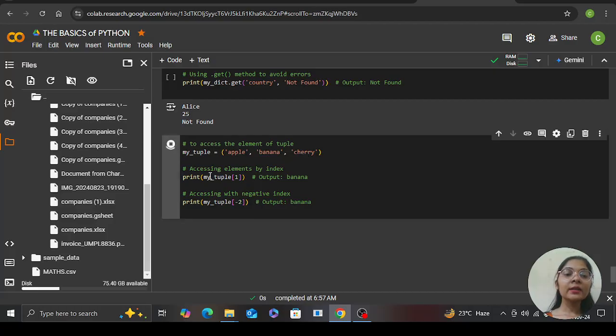And to access the elements in a tuple by using an index, I have specified index 1, which will give the output banana. And just as I explained in the list, the negative index is used for accessing elements from the last. By specifying -2, I will get banana from the last. So this was all about the